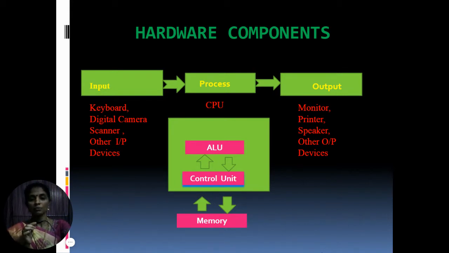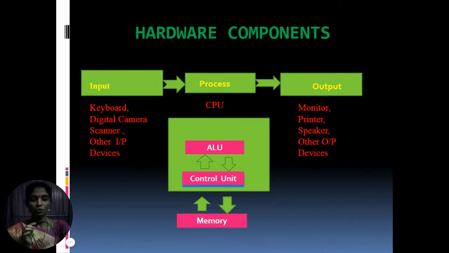The arithmetic logic unit performs all the arithmetic and logic operations on the input data. The control unit controls the overall operations of the computer. That is, it checks the sequence of execution of instructions and controls and coordinates the overall functions of the units of the computer. Additionally, the CPU also has a set of registers for temporary storage of data, instructions, addresses, and intermediate results of calculation. Next, we will discuss the memory.